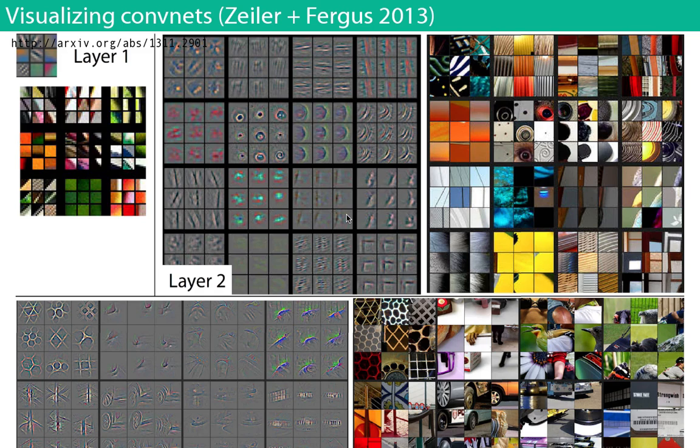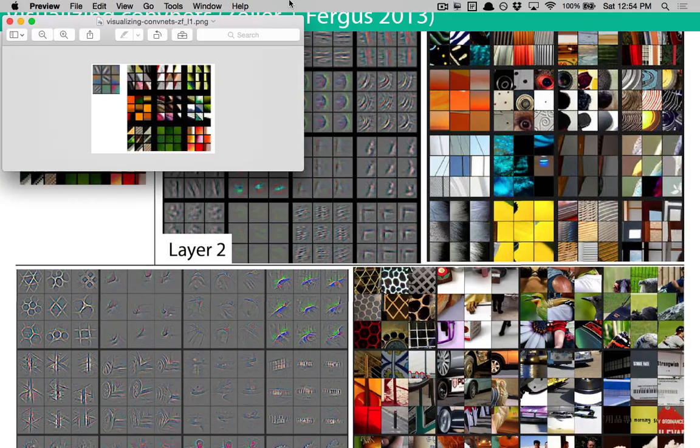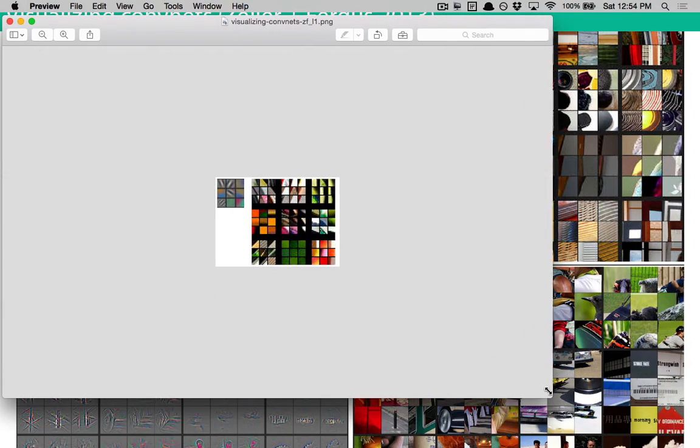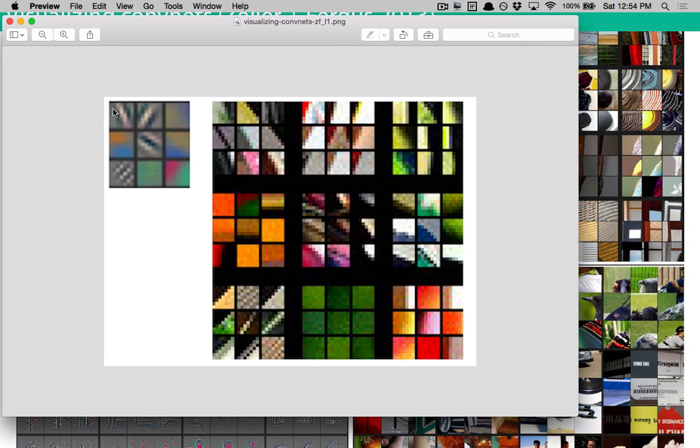They first isolated image patches, parts of images, which responded highly to particular weights. So what that means is, for example, let's look at this. These are the first layer weights of their convolutional neural network right here. There's a sampling of 9 weights. Some of them are gradients and lines and edges and so on. And these are the 9 weights.